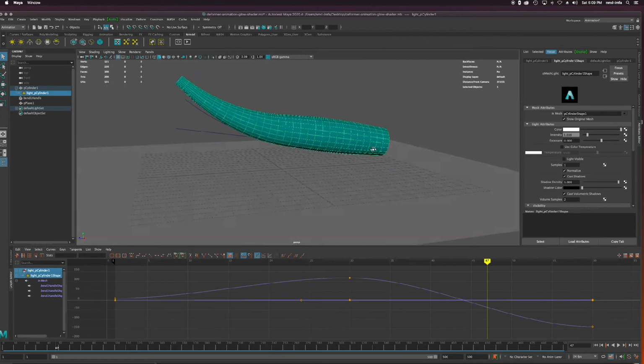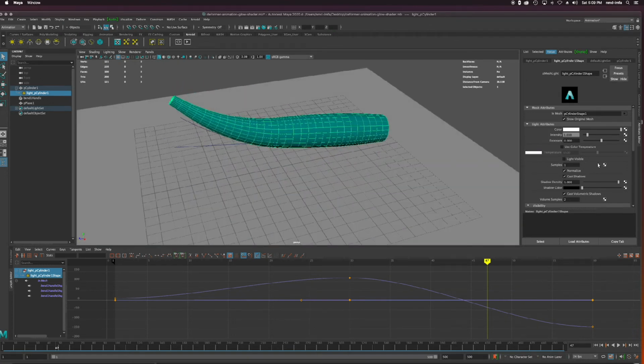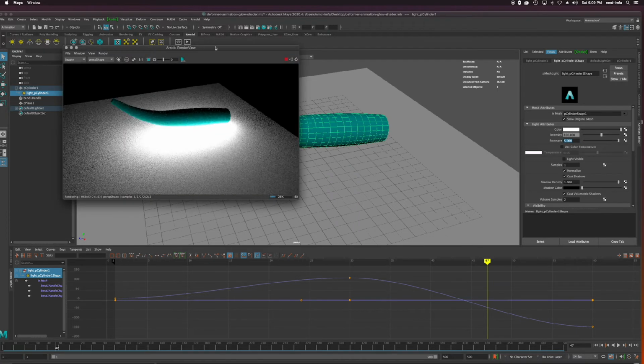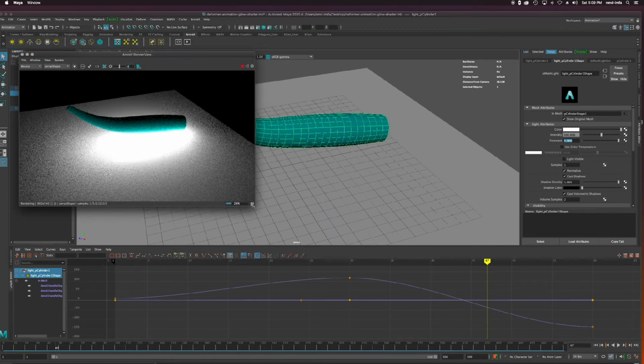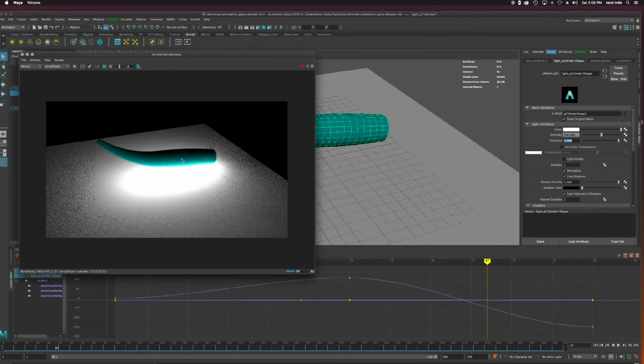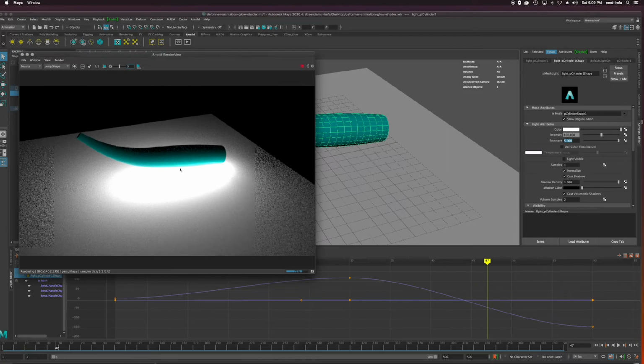So right out of the gate, I'm going to increase my intensity quite a bit just to be able to see this. I'm going to take this up to like 100, and take my exposure to say 5. Then I'm going to save and bring up my Arnold preview here. And there we go, you can see there's my object. It's obviously taking a minute to render out, but not too bad. And you can see it's casting light downward onto the